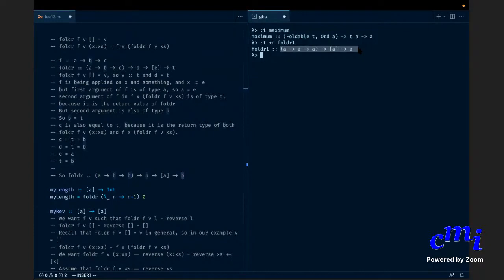It could be a list of characters for all you know. But you want to also keep it generic, no? You also want it to work on as many types as possible. Maybe you want to find the maximum of a list of floating point values, in which case there is no minimum or maximum. Is that clear? Okay, fine. So folder one is useful in such cases.